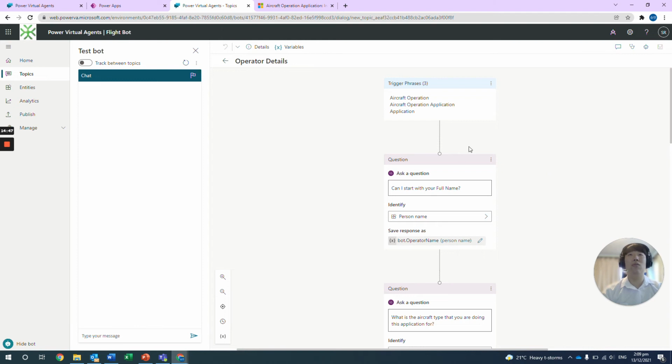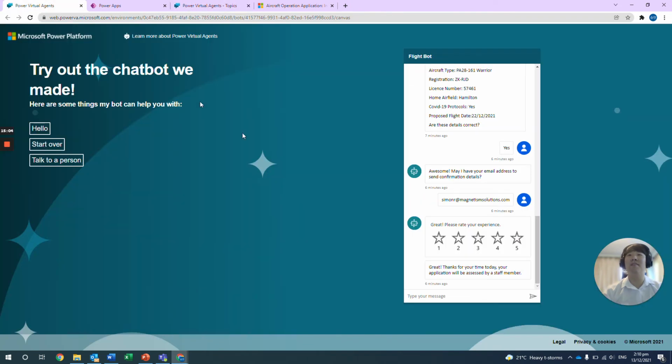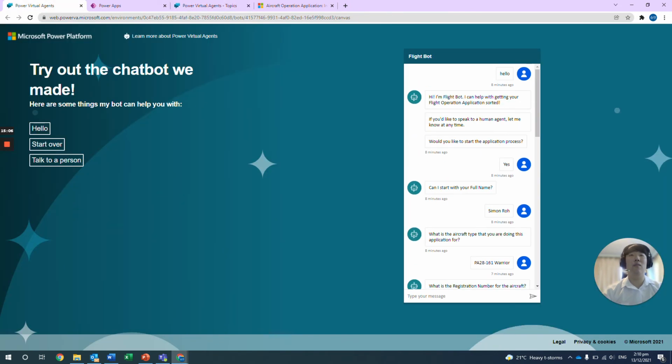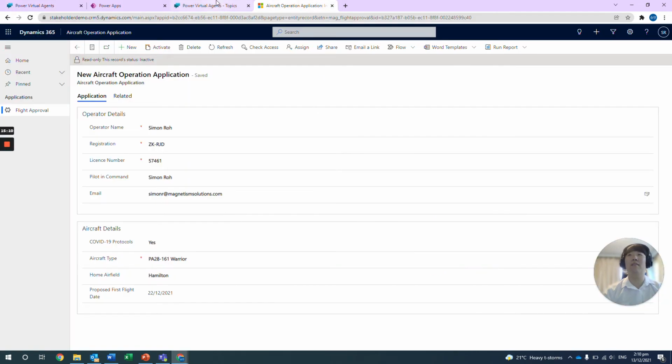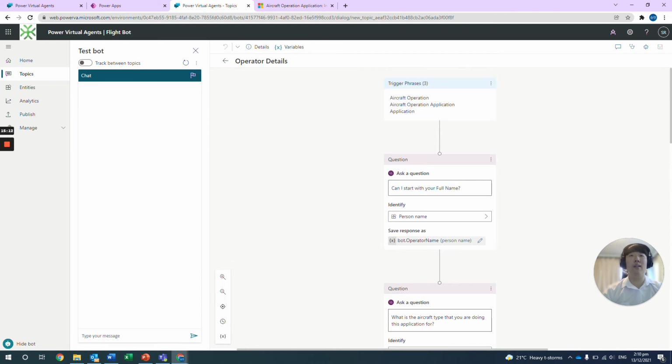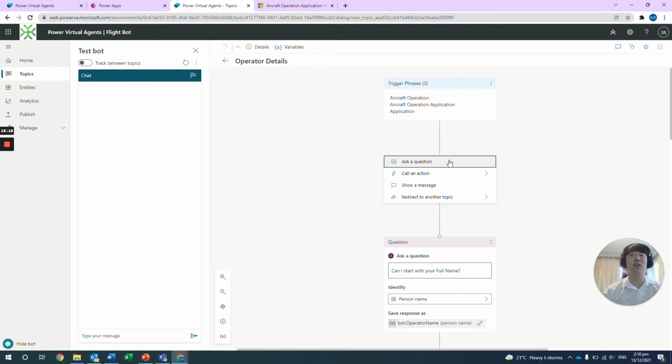And what you do within the authoring canvas is set the responses and questions that your Power Virtual Agent will be giving, depending on the responses that your clients give. For example, in mine, it just asks questions about gathering the operator's details, as done here, about the full name, the aircraft type, registration number, etc. And that can be done through adding a node and then just asking a question,